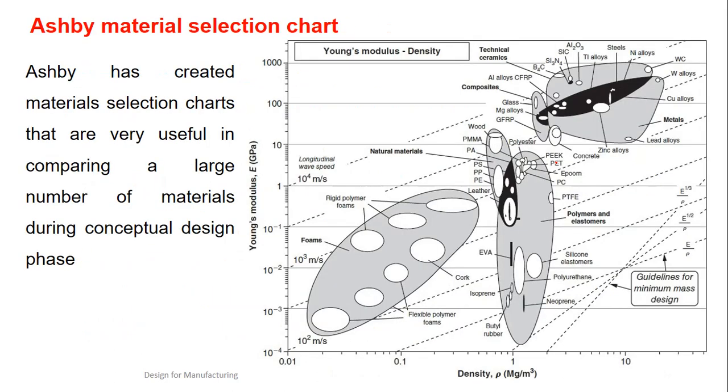Now this is a simple chart, okay. You can see here on the x-axis the density varies from 0.01, 0.1 and till 10. It is a log axis, and here you see Young's modulus. Whatever curve you are seeing, let's say this curve is E by rho, that is Young's modulus by density. This curve is the square root of Young's modulus by density. Like this, a few curves are there.